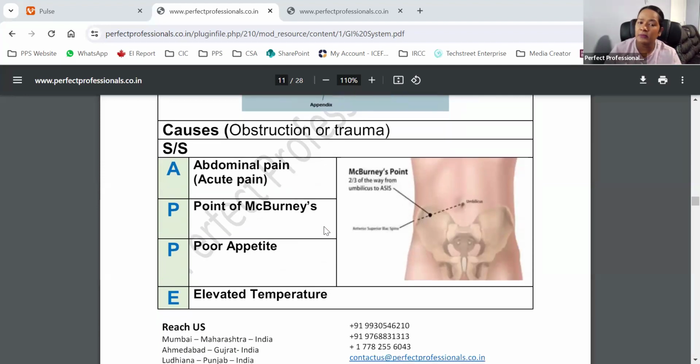Signs and symptoms: remember appendix. Abdominal pain, acute pain will be there. Point of McBurney point. Where is the McBurney point? From your umbilicus,